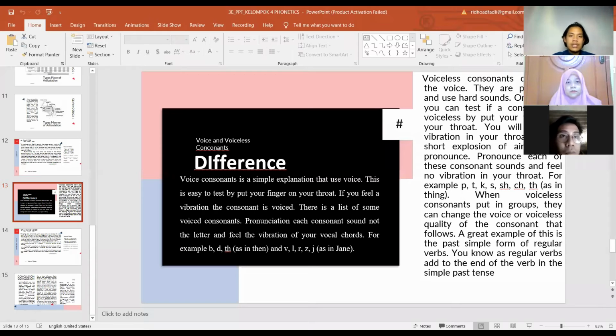Voiceless consonants don't use the voice. They are percussive and use hard sounds. Once again, you can test if a consonant is voiceless by putting your finger on your throat. You will feel no vibration in your throat, just a short explosion of air as you pronounce. Pronounce each of these consonant sounds and feel no vibration in your throat. For example, P, T, K, S, SH,